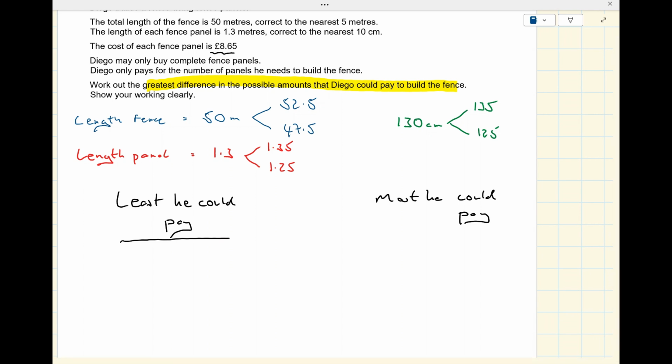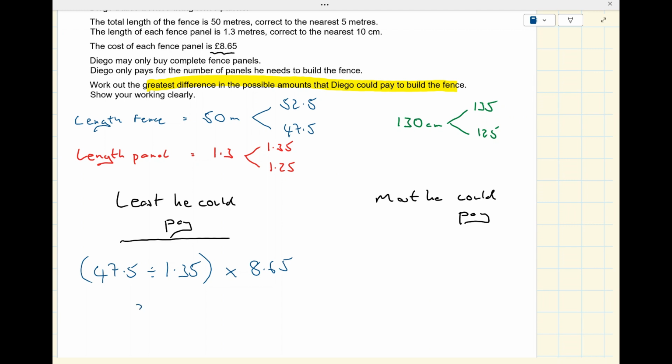So if we're going to do the fewest possible number, then we better have the shortest possible fence divided by the longest possible fence panel. So that's how many fence panels we need, isn't it? And then I guess we'd multiply that by 8.65. But let's just have a think about that, because I wonder if that's going to be a whole number of fence panels. So 47.5, the shortest possible fence, and let's assume that each panel is as long as it could be. So that means he's going to need